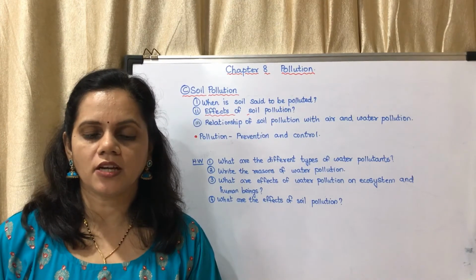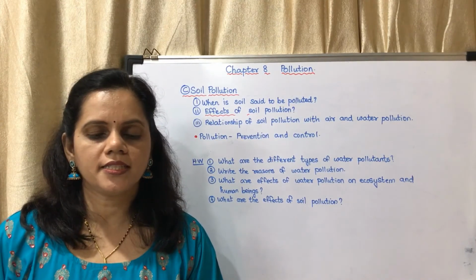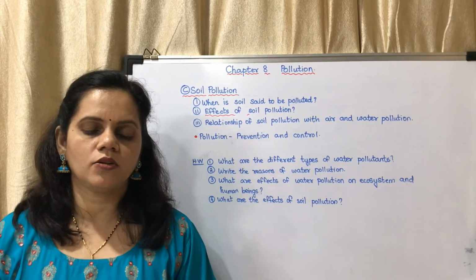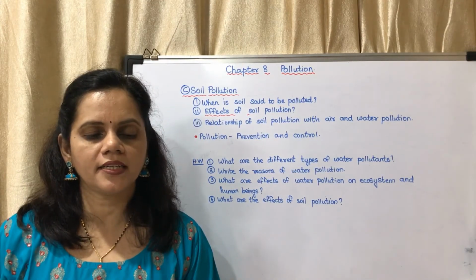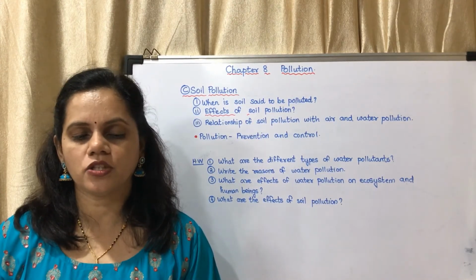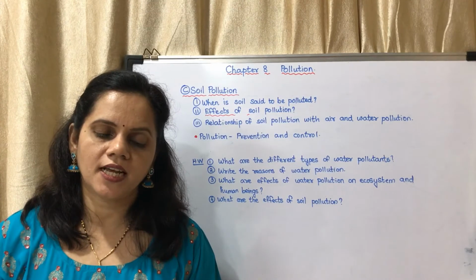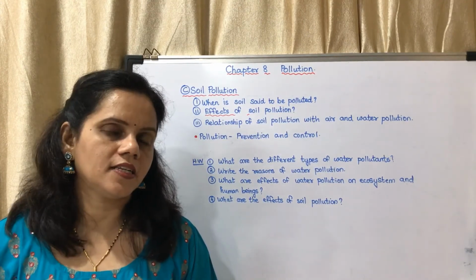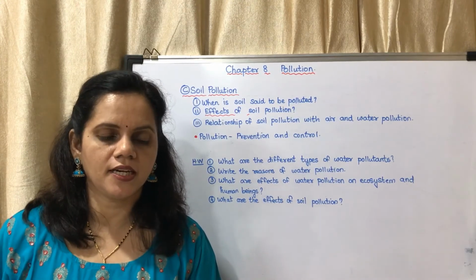It is said to be soil erosion. What are the reasons for depletion in soil fertility? There are several reasons. It could be due to human activities or erosion of the top layer of the soil, use of chemical fertilizers, floods, water logging, etc. So there are several reasons for depletion of soil fertility.